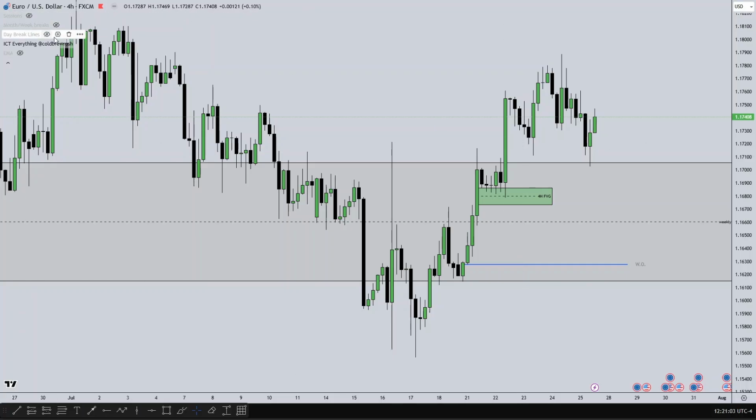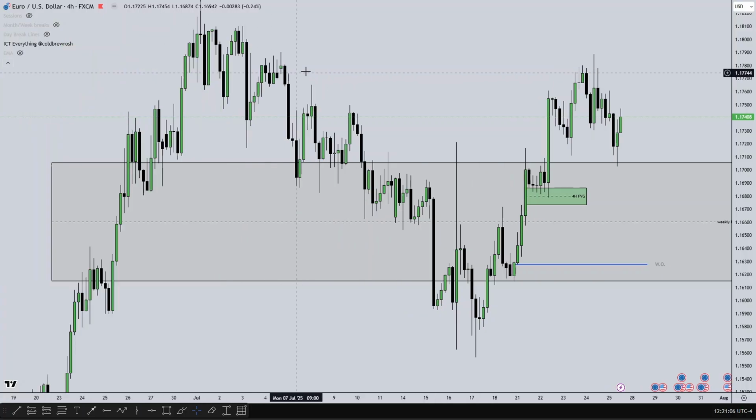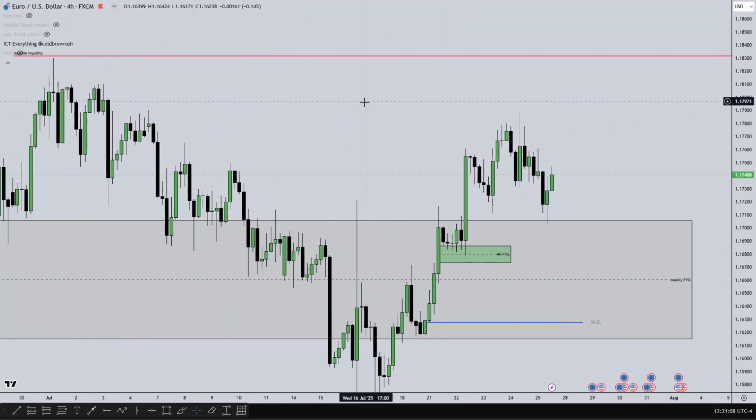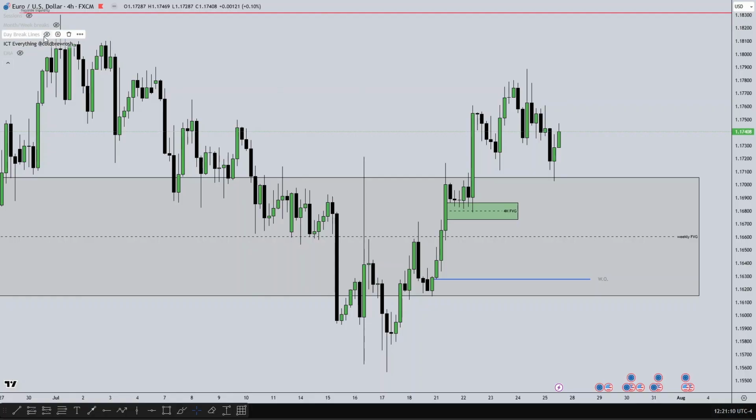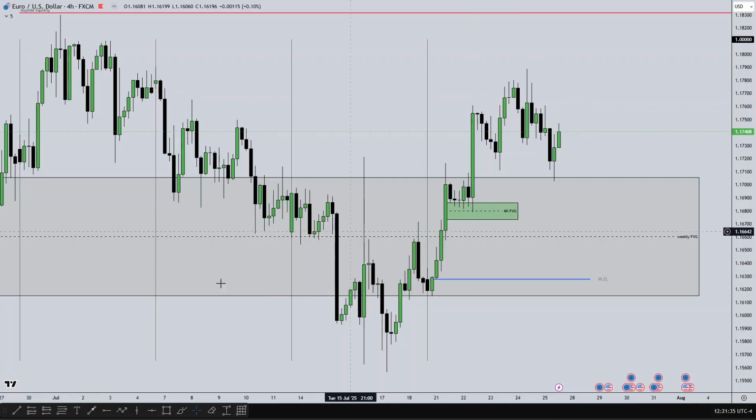And the previous week highs should be your target, because we are anticipating price to trade to the buy side liquidity. So the weekly profile of last week is the 4 hour fair value gap, where you're looking for price to respect the first 4 hour fair value gap inside the price range. Between this swing low and swing high, the first 4 hour fair value gaps should be this fair value gap and this fair value gap, which price used as support. And your target should be previous week highs.